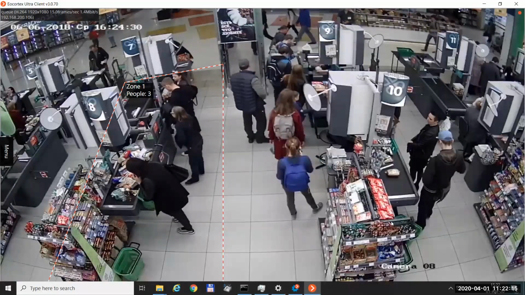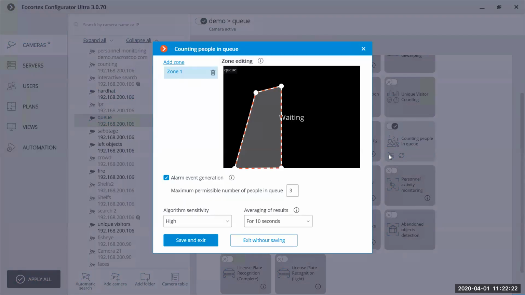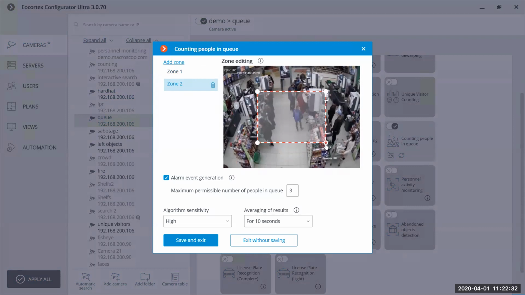And if we need, we can configure the notification. Let's go to settings, and then take a pause and go to the questions that you sent. Here we can draw several zones for the same camera. For example, I can add a zone and configure it this way.